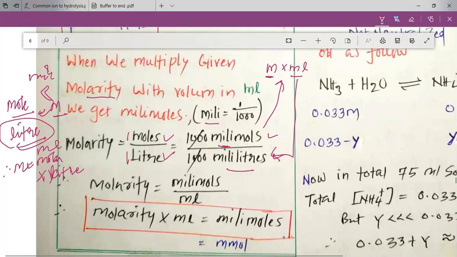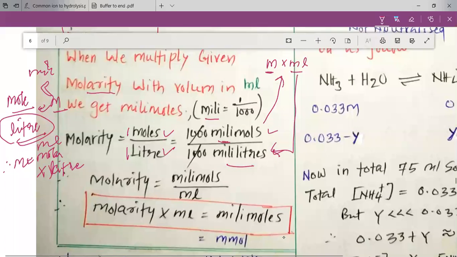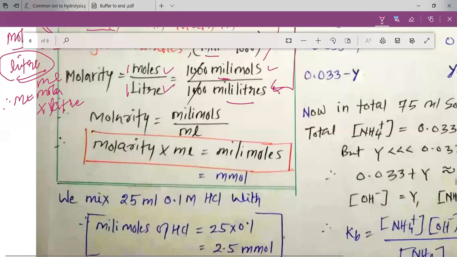So please remember that when we multiply the molarity with the ml volume, we will get millimoles. So this is how, my dear students, you can easily understand that molarity is equal to millimoles divided by ml. By cancelling 1000 and 1000, we get millimoles divided by ml. That is molarity, and therefore molarity multiplied by ml will give you millimoles, and this millimoles we represent as